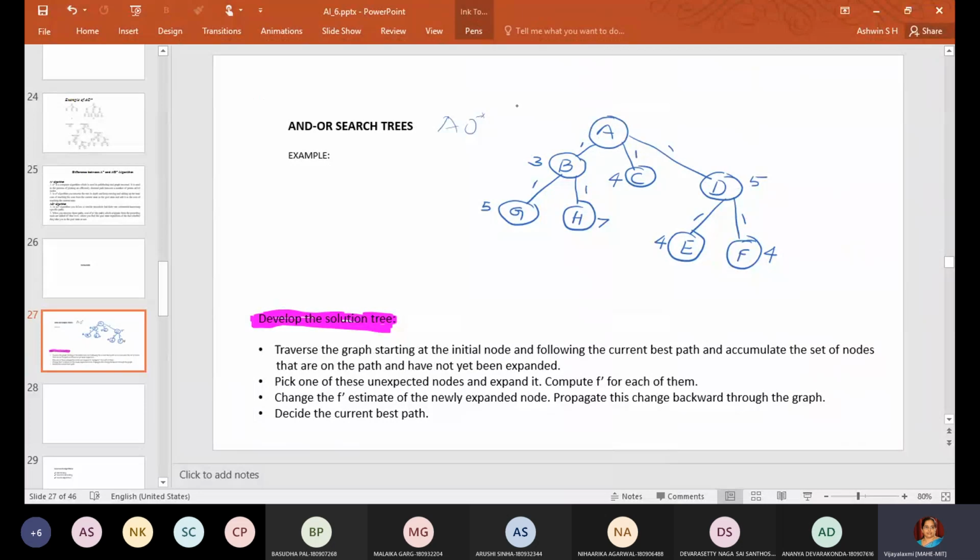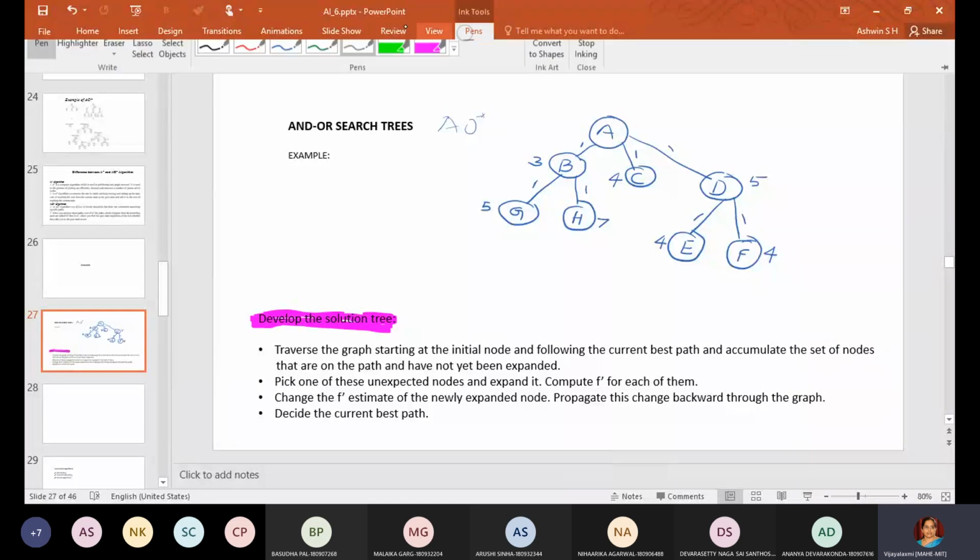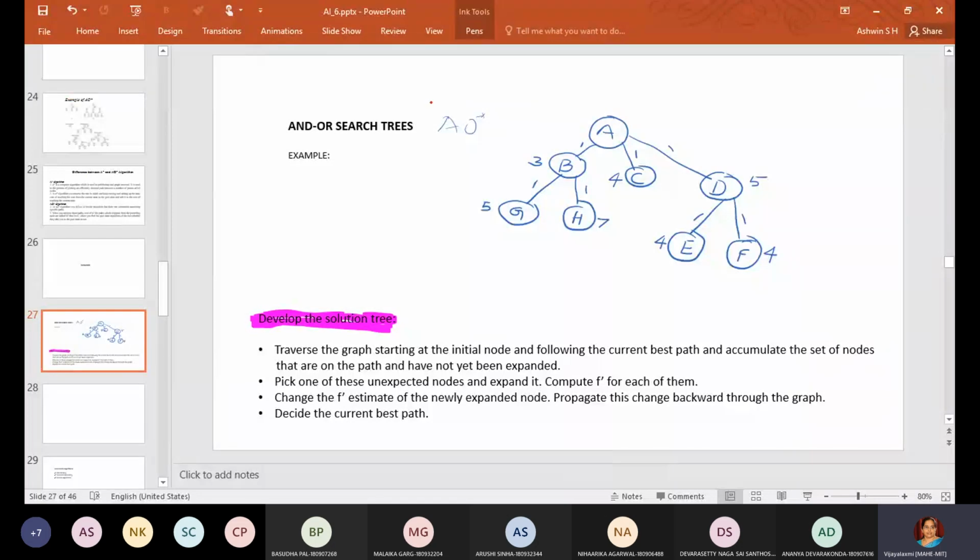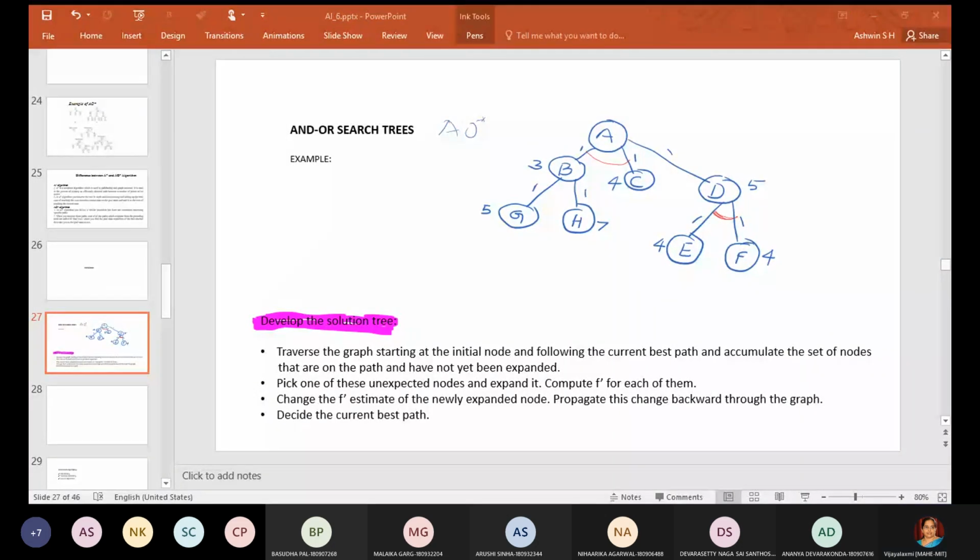Note that I forgot to mention the AND arcs. I'll use some other color and mark them. This is the arc, and here we have an arc, and an arc is present here.